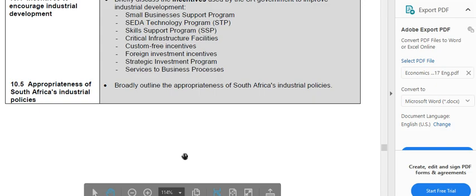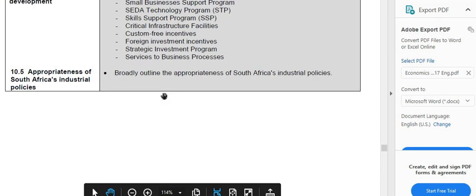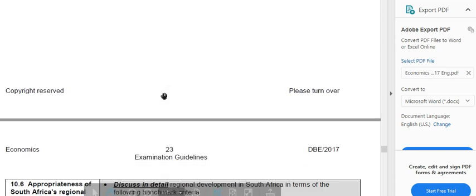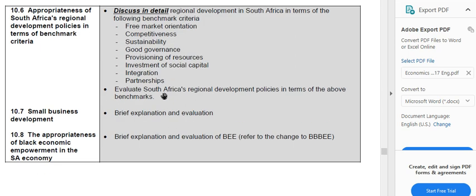Now, on the exam guideline, you'll see they don't make mention of the success of our regional policies. It is incorporated if you carry on there. We are skipping this, we're doing this last. You'll see: evaluate South Africa's regional development policies in terms of the above benchmarks. So we're going to incorporate what we're doing now with the essay question that we're going to do in the